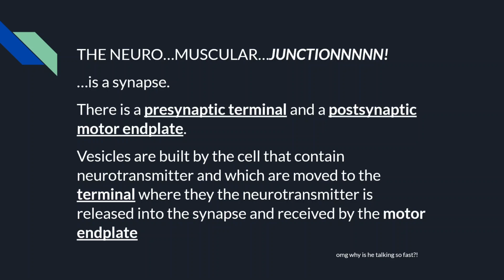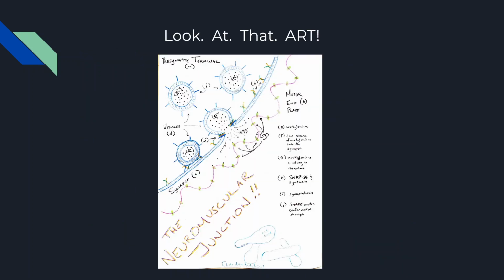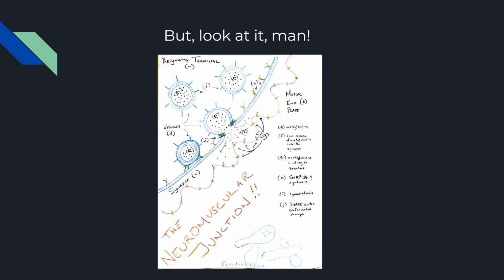The neuromuscular junction is composed of a presynaptic terminal of a nerve axon separated from the motor end plate of a muscle cell by the synapse itself. In order to induce muscular function, the presynaptic neuron must assemble vesicles filled with the neurotransmitter acetylcholine to be transported to the presynaptic terminal for eventual release into the synapse. Once an action potential arrives at the presynaptic terminal, the vesicles fuse with the presynaptic membrane and release their acetylcholine into the synapse. The acetylcholine binds with gated ion channel receptors on the motor end plate of the muscle cell